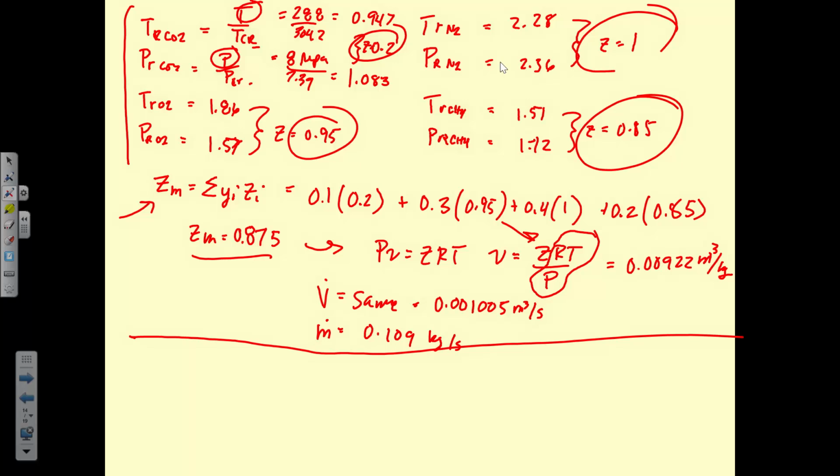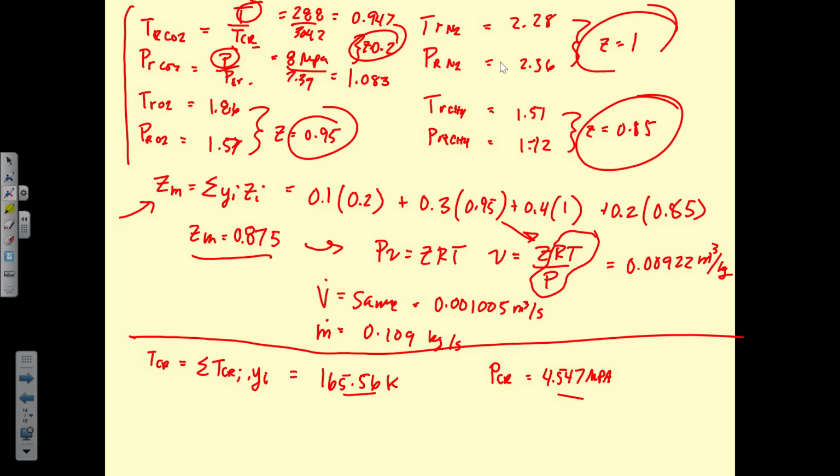because we don't have to look up quite so many Z values. Instead, we find T critical, which is equal to the sum of all of the T criticals of each individual multiplied by the mass fraction of each individual. So again, looking up in the tables, finding those values, multiplying by the mass fraction, which is those percentages, we find 165.56 Kelvin for our T critical, and our P critical is now 4.547 megapascals.